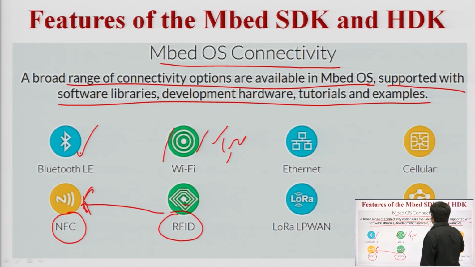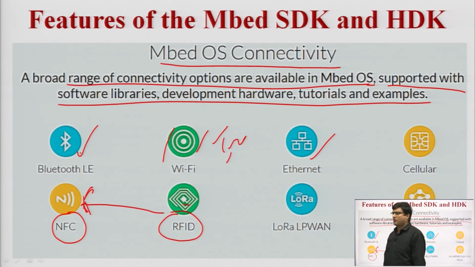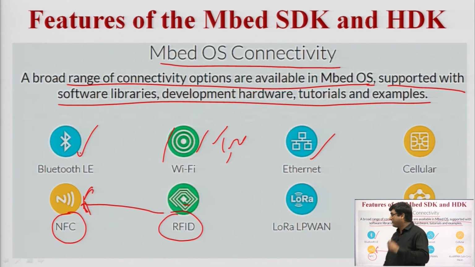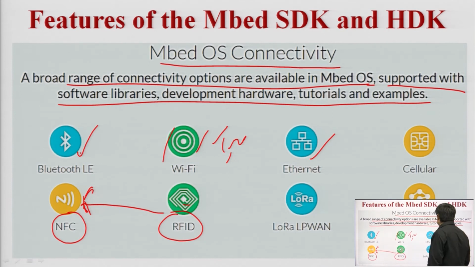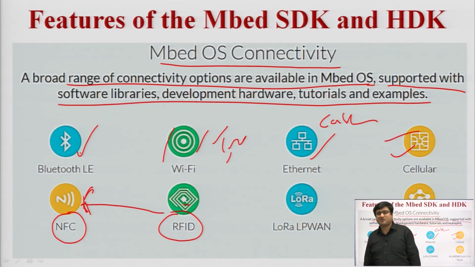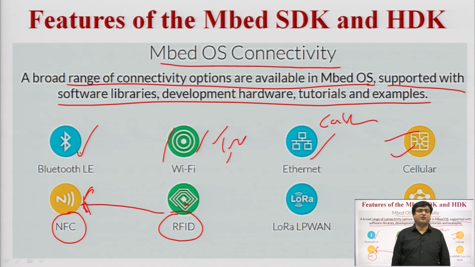After that we have Ethernet. Ethernet range is not very large. To connect several computers in an organization, we need Ethernet devices. This is basically a hardware device as well, a physical device. Hardware means cable devices, not cableless devices. We have cellular technologies like 2G, 3G, 4G, 5G. They provide an internet connection through which we can transmit the data.